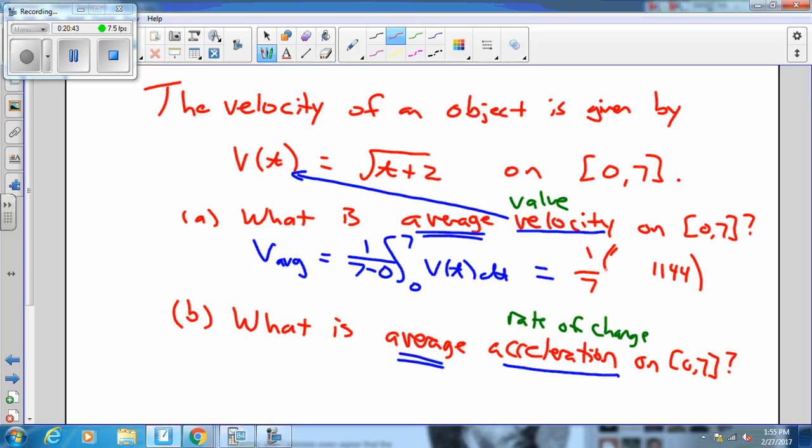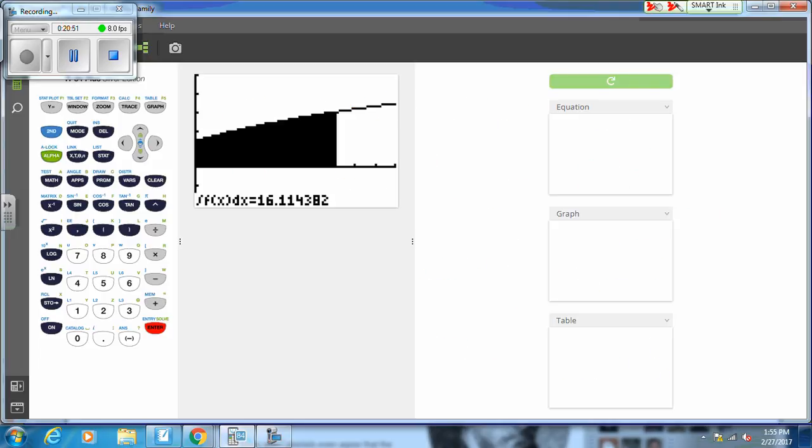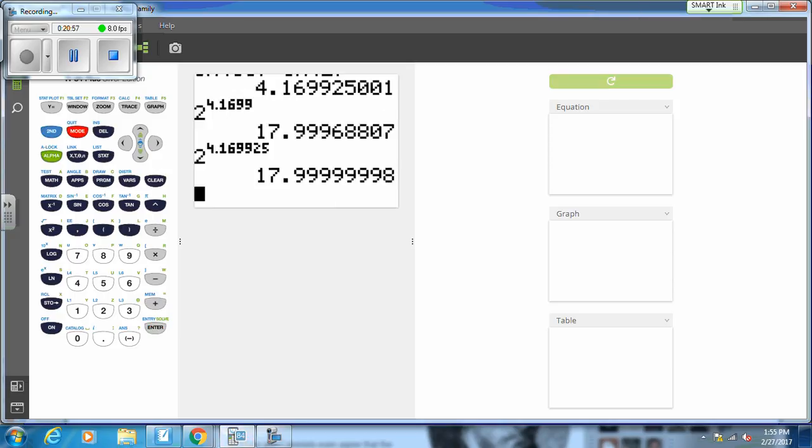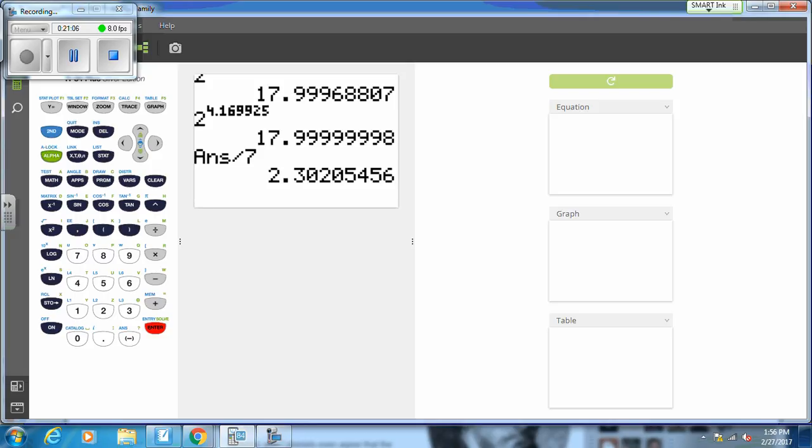Notice that it is entirely possible to read your calculator wrong. So when I'm working on a test, very often I will double check and make sure that I have done that correctly. And here's a bonus. When you actually calculate the integral, it stores that value in the answer. So if I want to divide that by 7, then I can simply take my answer right here and divide it by 7. And that gives me the average value,